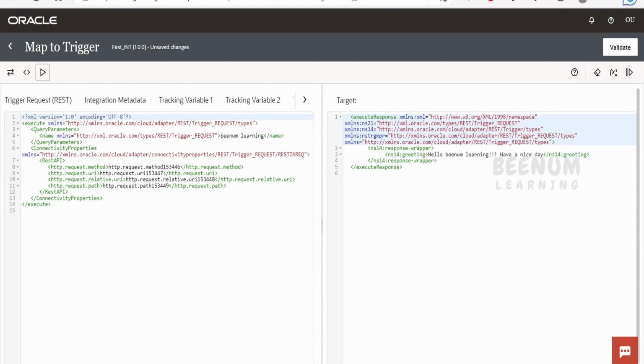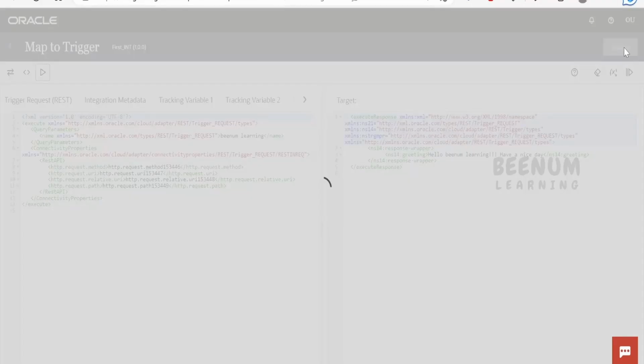Hello Binam Learning! Have a nice day. With this testing, we can confirm that our mapping is well and good. Now we can validate our mapper